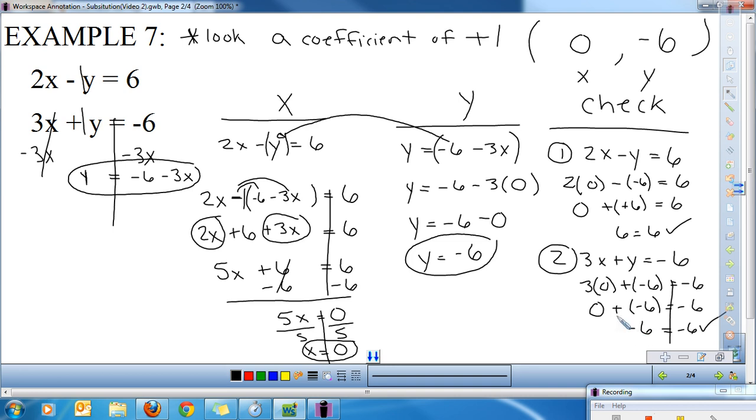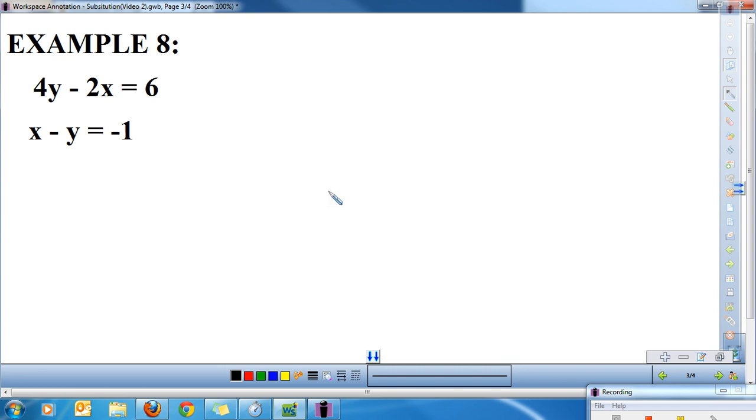All right, we're going to do one more example, and then there's a few practice problems. So we'll do one more, example 8. Again, you're solving a system. We know that our solution is going to be something x comma y, something comma something. So I'm looking here, and I'm looking for one of these equations that has a variable isolated, and I don't see it. So I know that right now I need to rearrange.